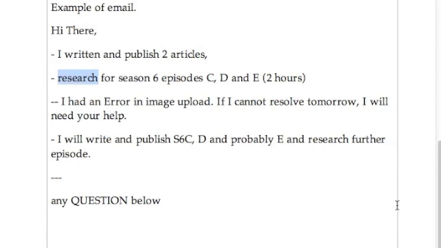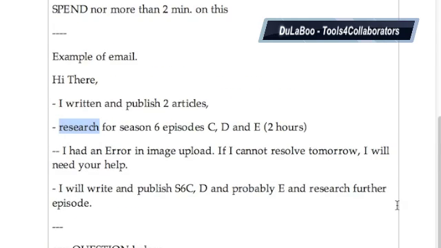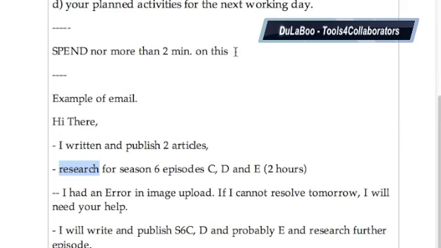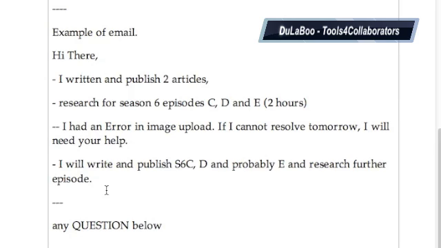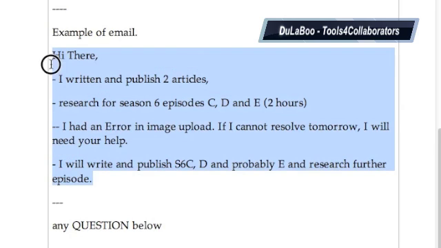It gets compressed on its own, and you make sure that you save it into Dropbox again. So coming back to my 2 minutes, don't spend more than 2 minutes on this email, the closing report email. Why shouldn't you elaborate anything more? Because if you say, I've written and published